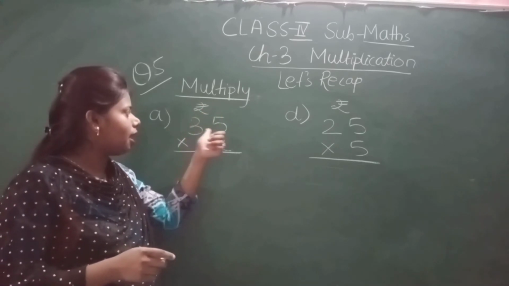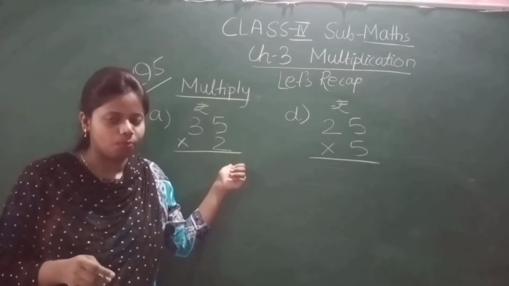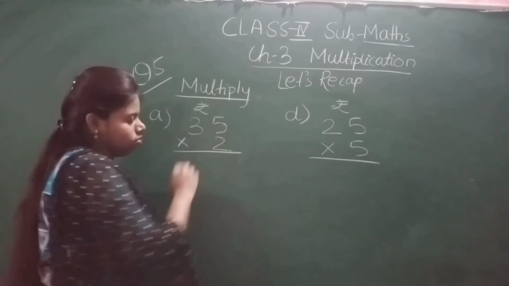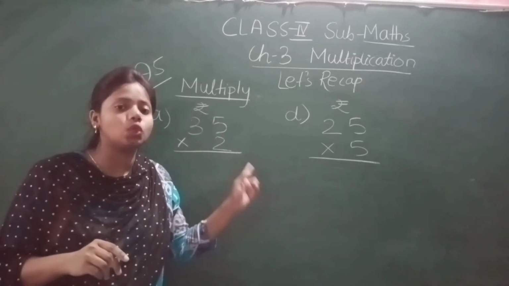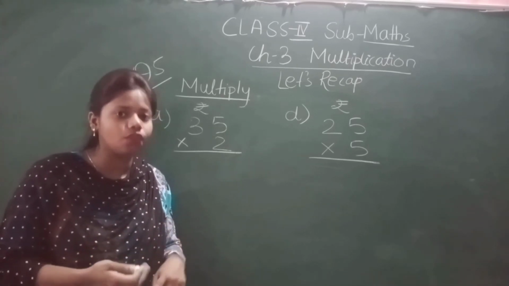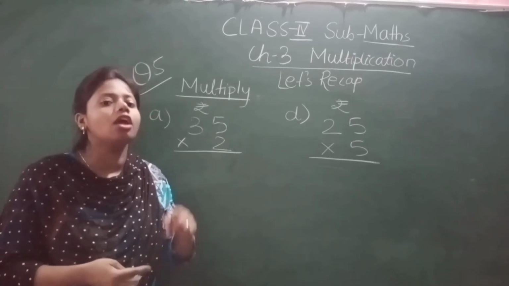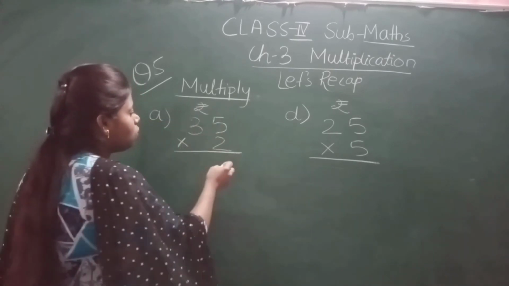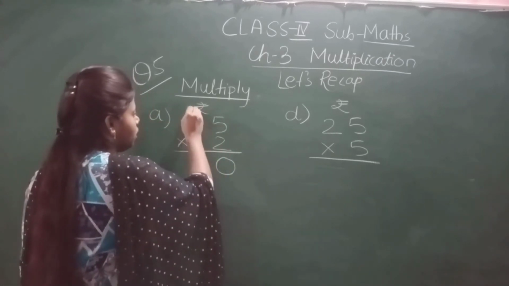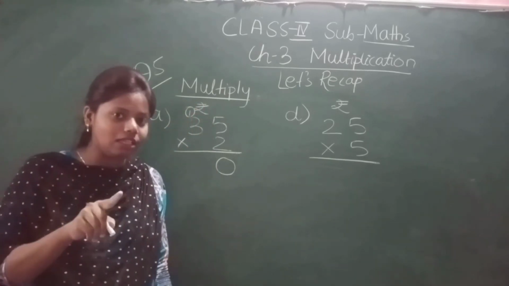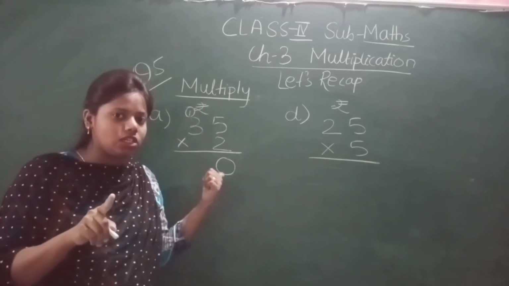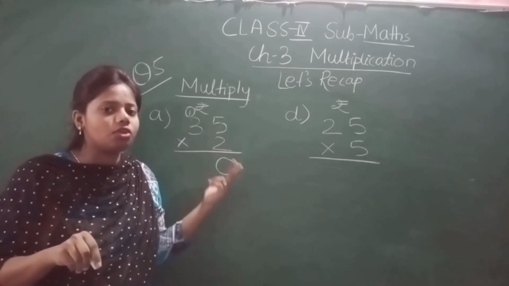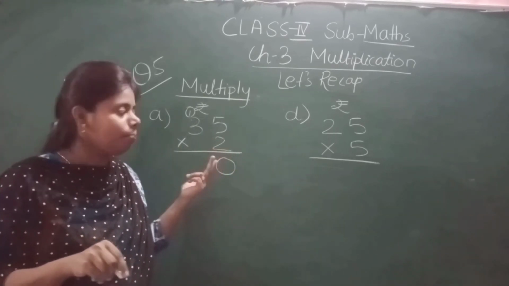So we have to multiply 35 into 2. Now let's start 2 5s. So what you have to do? You have to read the 2 table. 2 1s are 2, 2 2s are 4, 2 3s are 6, 2 4s are 8, 2 5s are 10. And 10 is a 2 digit number. So what will you do? You write here 0. Okay, and 1 you will carry. You have done this in addition. But this is multiplication. Here also if 2 digits come, what will you do? You will get a carry.